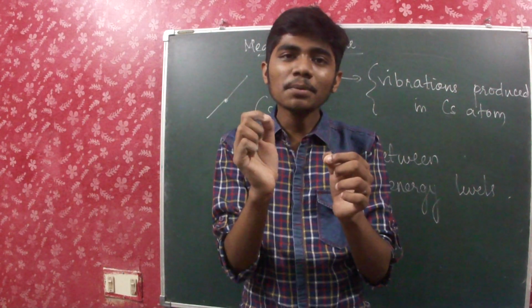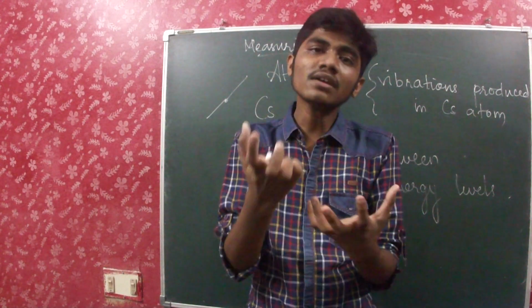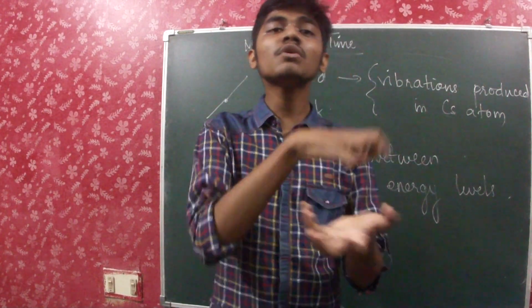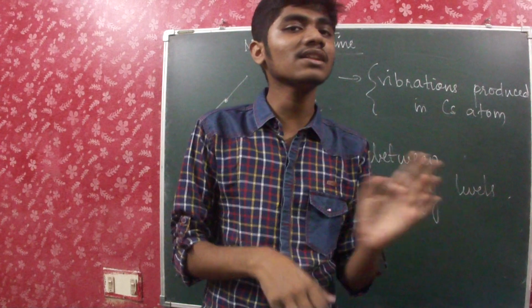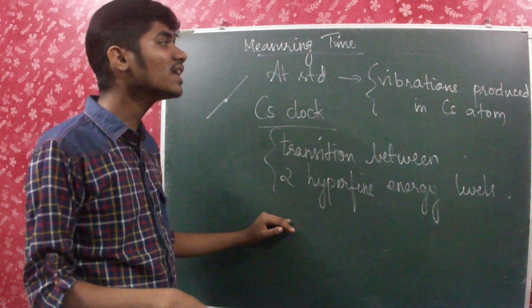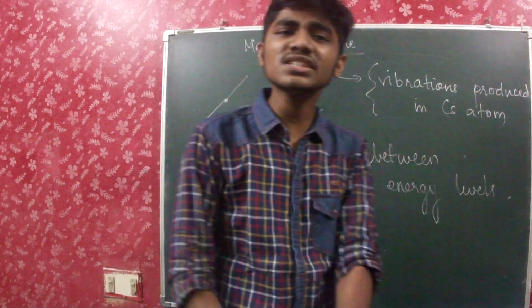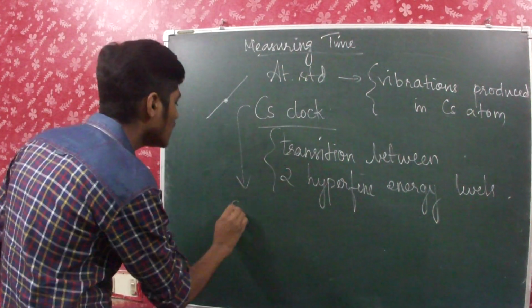And the vibrations produced in the balance wheel are actually regulating the movement of the wristwatch. And in a quartz wristwatch, the quartz crystal's vibration is regulating the quartz wristwatch. So the same thing happens here. So cesium clock, why do we particularly use cesium clock? What is the speciality? It's very accurate.